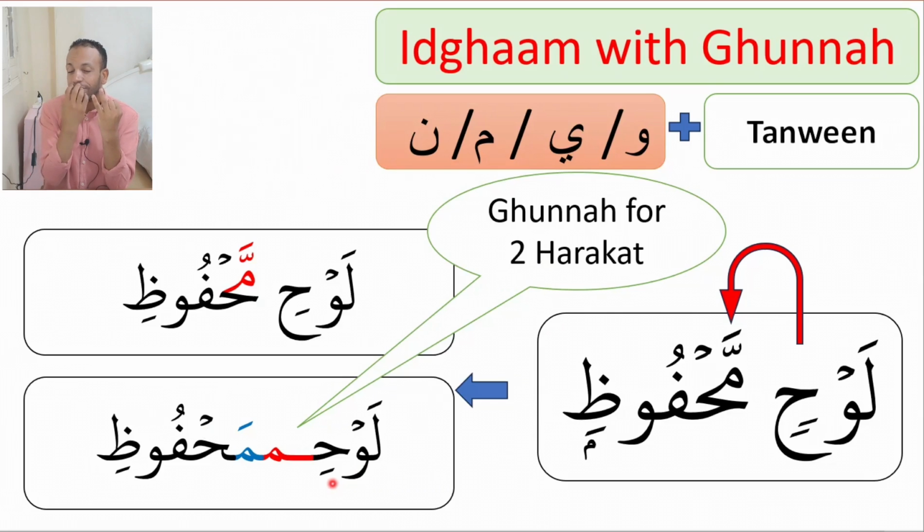Where I had my mouth closed, because the meme is coming like all from the nose. So my mouth closed and I am prolonging. لوح, I am prolonging. This is the red one here. I am doing the nasal sound, I am prolonging. And after I will open my mouth to launch the second sound with the fatha. لوح محفوظ. لوح